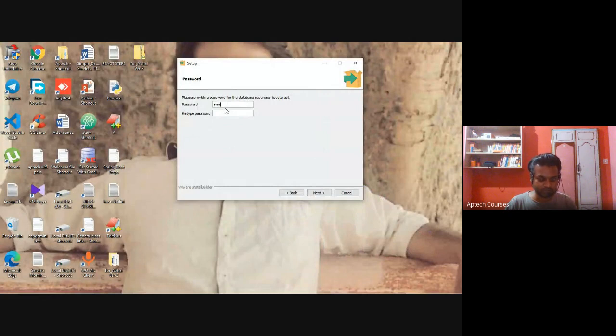Now I'm giving the password: developer. The password is developer. You should remember that. By default, the port is 5432. This is the default port. For Oracle, it is 8080.